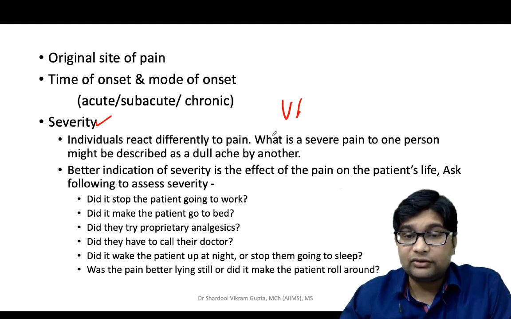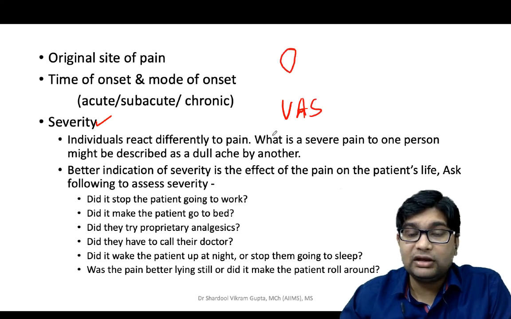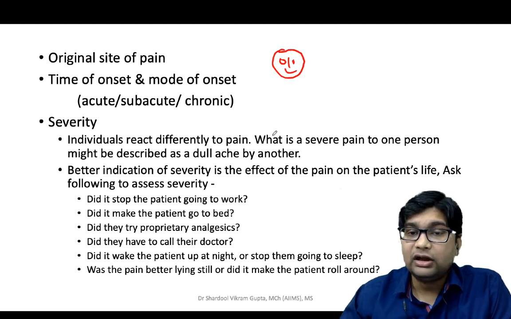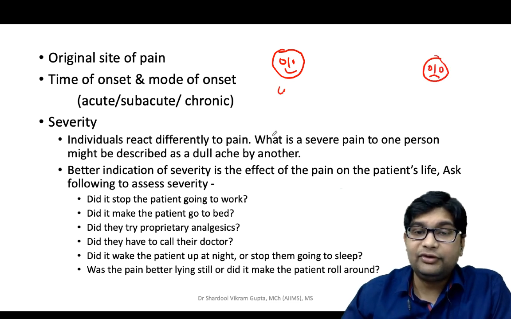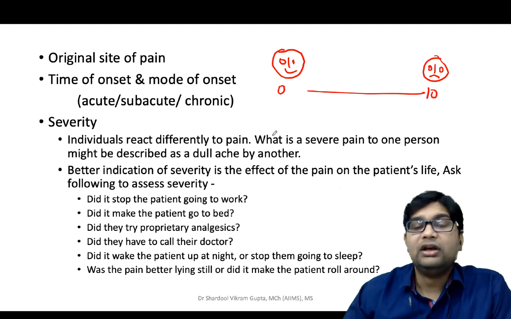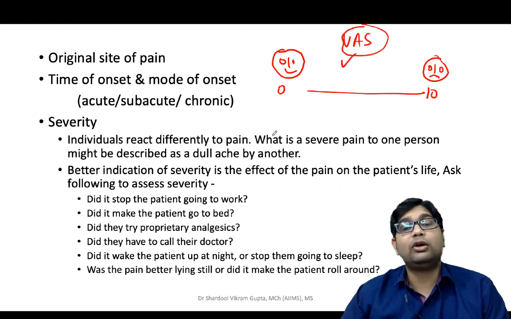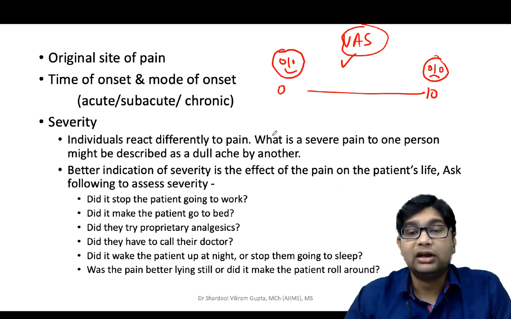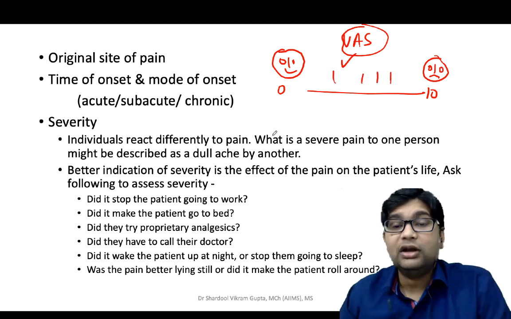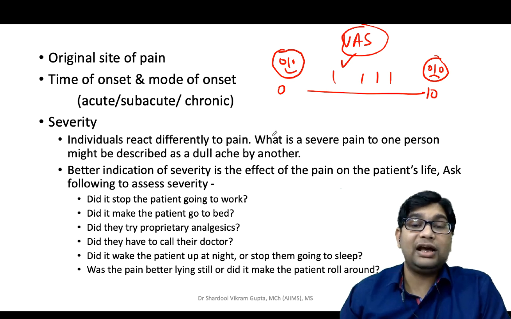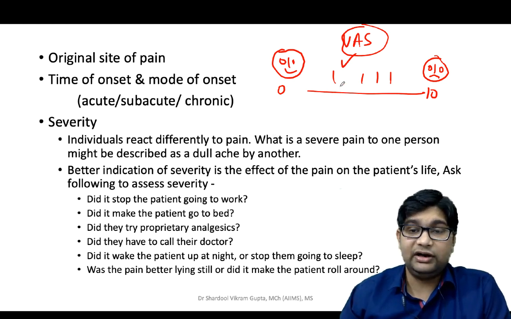There is a scoring system which is known as the visual analog score. There are many faces on that scoring system, from a happy face to a very sad looking face. It varies from 0 to 10. So this is known as the visual analog score. You can do scoring also on a scale of 0 to 10. There are multiple figures in between, showing what kind of pain you are actually in, so that it is objectified.